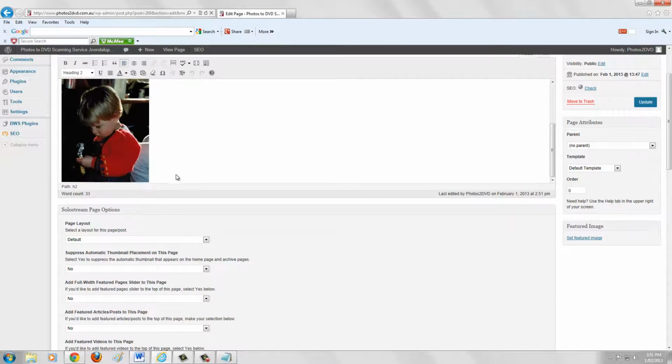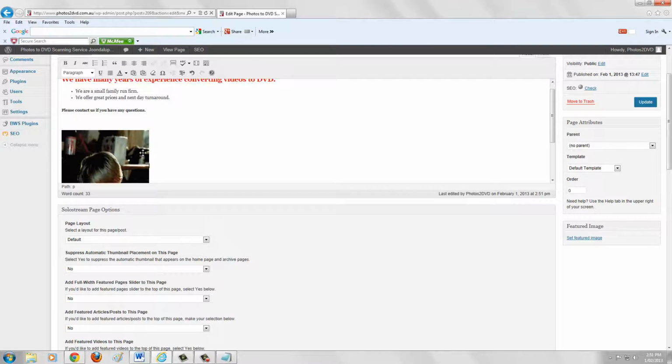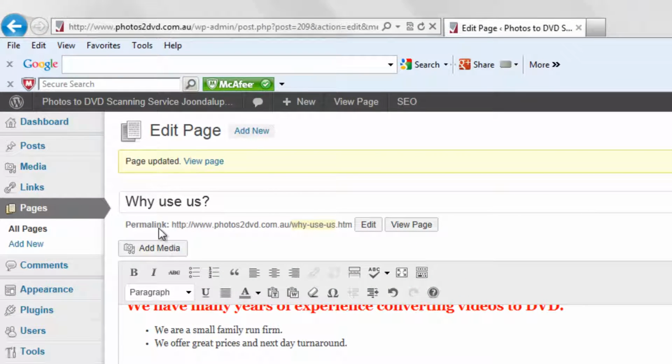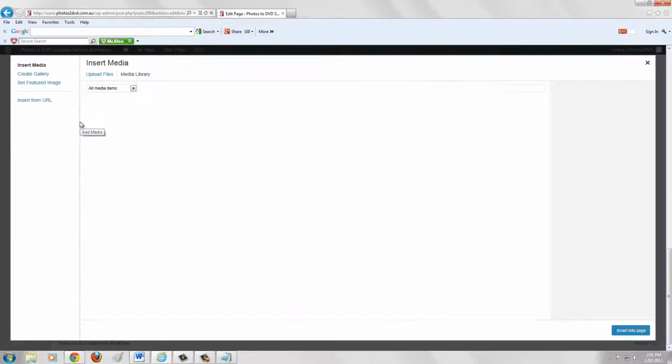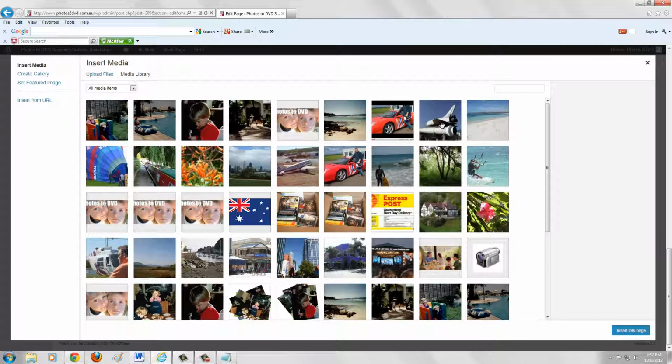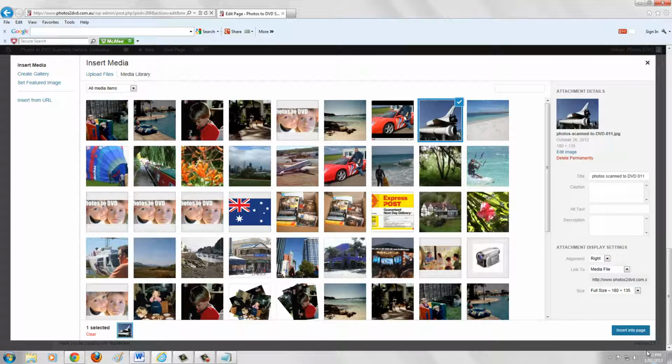Now if we wanted to insert another picture alongside it, we could simply give ourselves some space by pressing the down arrow a few times, or let's say we wanted a picture above it. We'll click here to insert a picture above it, and just repeat the process so you're quite happy with it. We go to Add Media, make sure that Media Library is selected up here. That will show you the various pictures. So let's say you wanted this one here, which is that picture of the space shuttle. You can say Insert into Page,